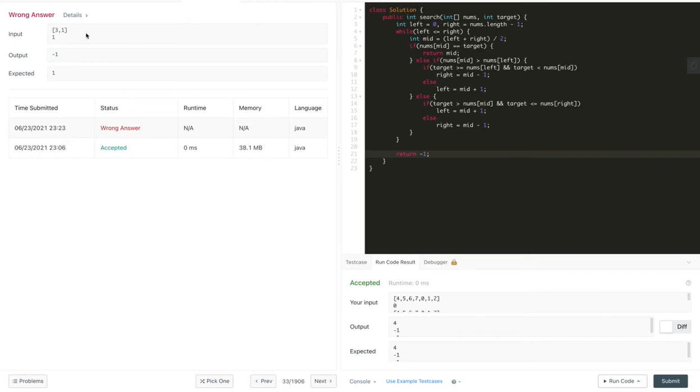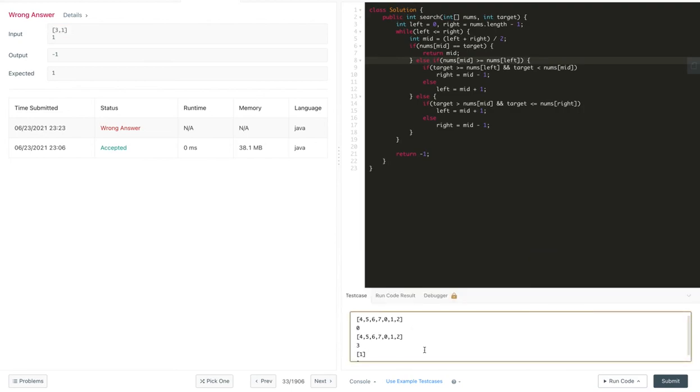So this is a kind of corner case. We have missed some condition. Let's recheck it. If the element is already made, we need to compare and return mid plus 1, mid minus 1. So if this element can be last, here mid will be 0, 1 by 2, which is 0. So we will compare nums of 0 is greater than nums of L. In this condition nums of mid is 3, so we will use greater than or equal here. That is the special case we need to handle.